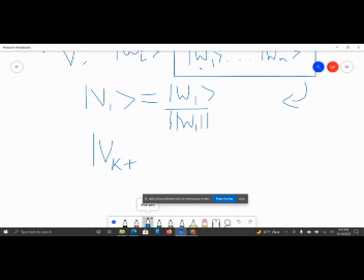So let me just write this out, then I'll write the range. Okay, v k plus 1 is going to be equal to w at k plus 1